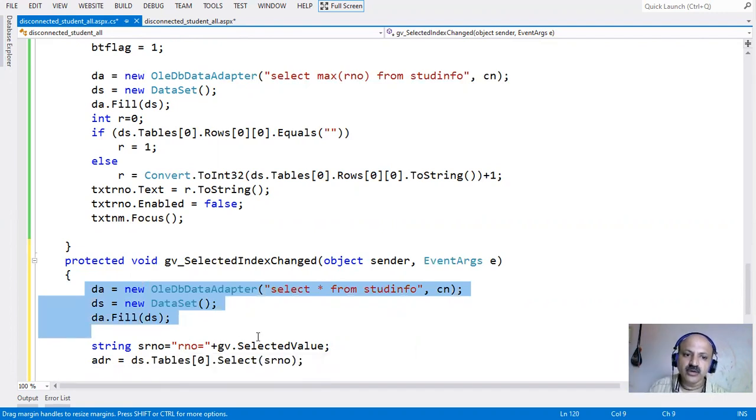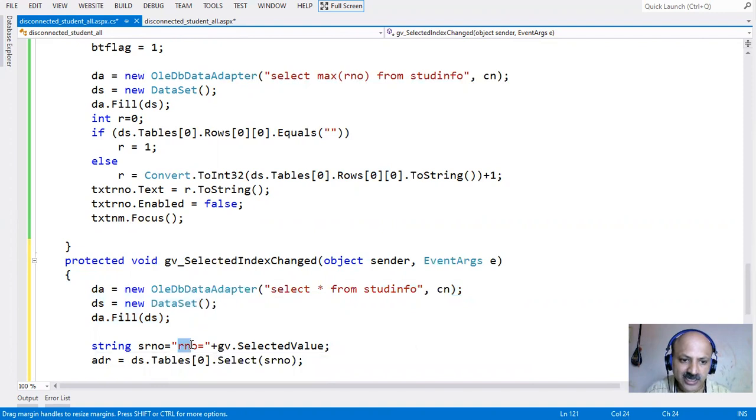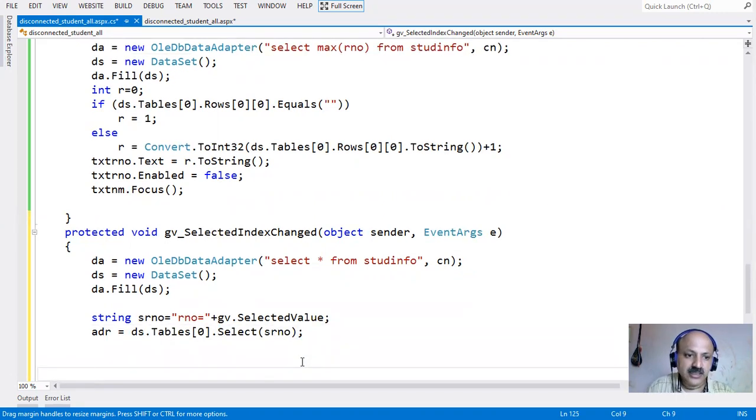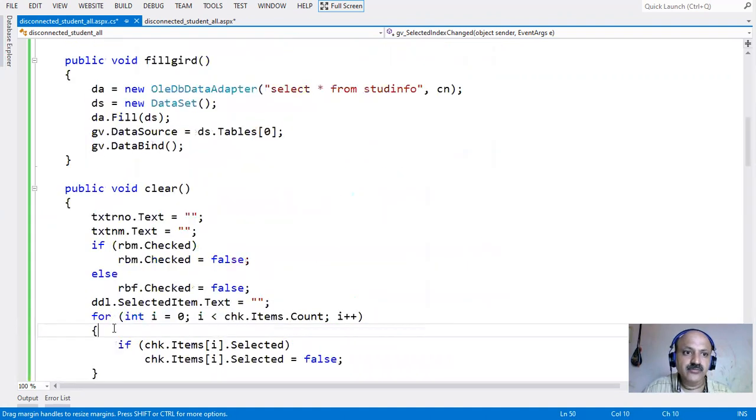First we concatenate the selected value, the returned object, with RNO, our original field, and the equal sign, store it in the SRNO string, and pass it to the select method. So that record is selected. How can we confirm the record is selected? You have to define an array of data row here.